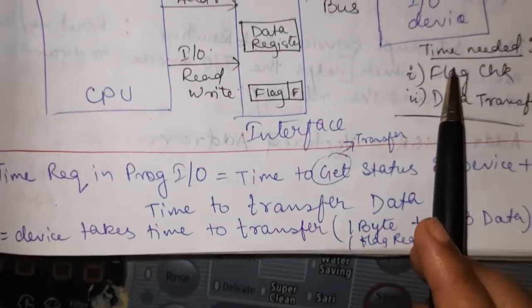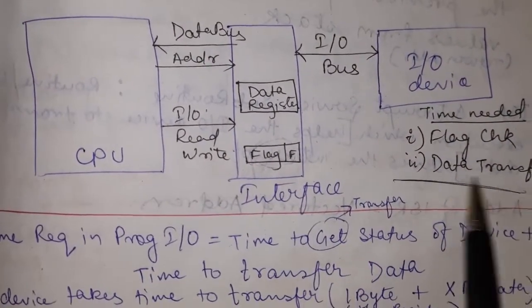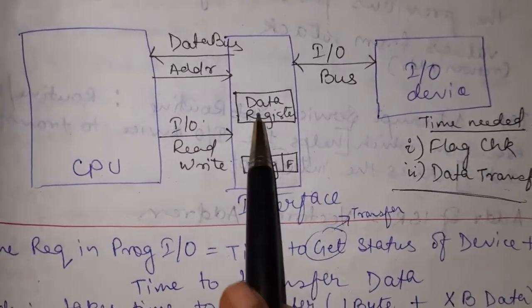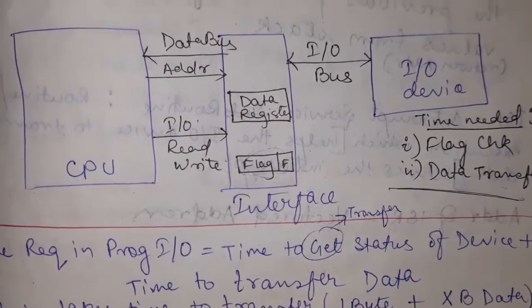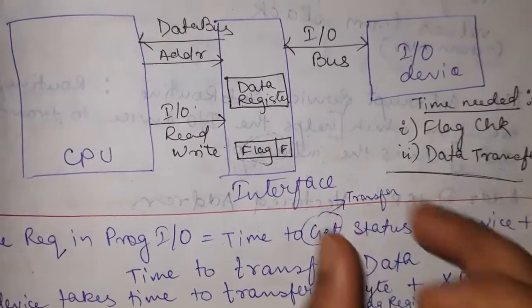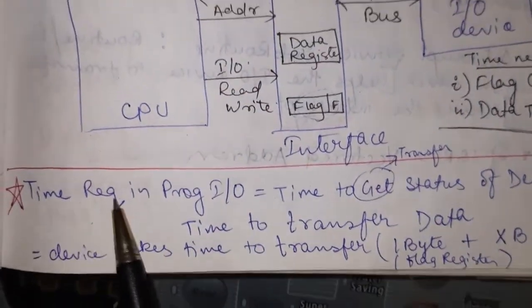So here time is needed to check the flag, and if it is true, then the time taken to transfer this data. For multiple IO devices we will have multiple interfaces. Now the time required in